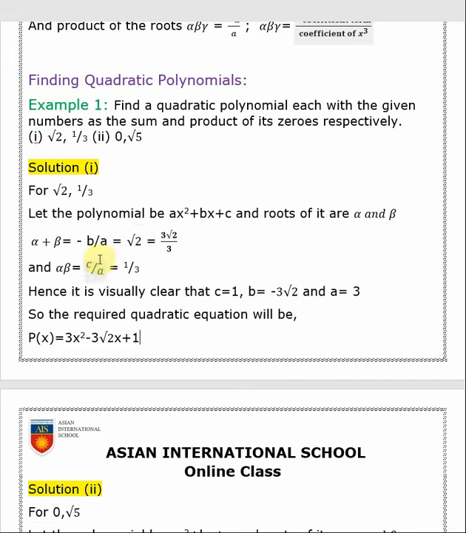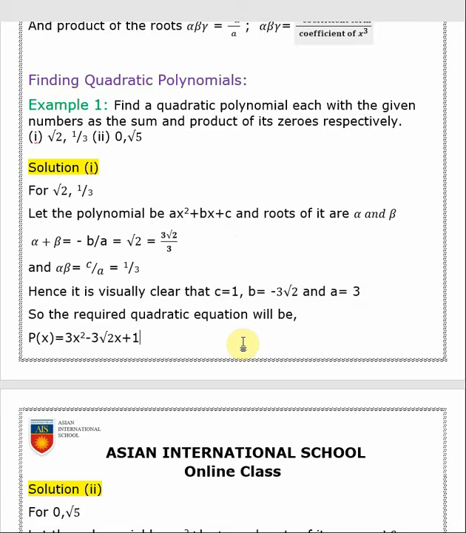So what is done here, you have to understand visually, what values of a, c, b will be taken. First you have to assume one, then the second one, and the third one will come by itself. So c equals 1, b equals minus 3 root 2, and a equals 3. These are the constants found. Now you will put the constants in this one and find the equation. So the equation will be ax squared, which means 3x squared, plus bx, which means minus 3 root 2 x, plus c, which is 1. So this is the equation. This equation is written here only with the a, b, c values from here.